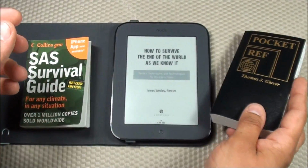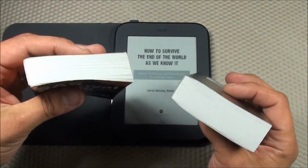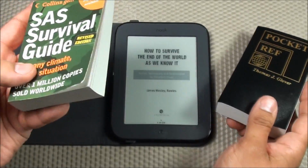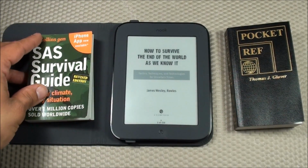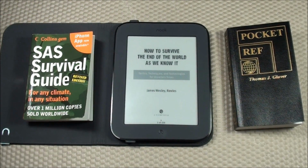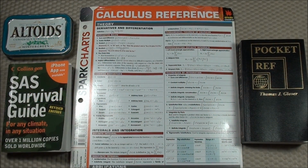Even though all of these books and the e-reader are fairly small, they're still kind of large if you're talking EDC. For example, you probably don't want to carry around these books with you in your pocket. It's just a little large. You might want to have something that could be on a piece of paper and folded up in an Altoid survival tin. So what I'd like to do today is conduct a little survey here on YouTube